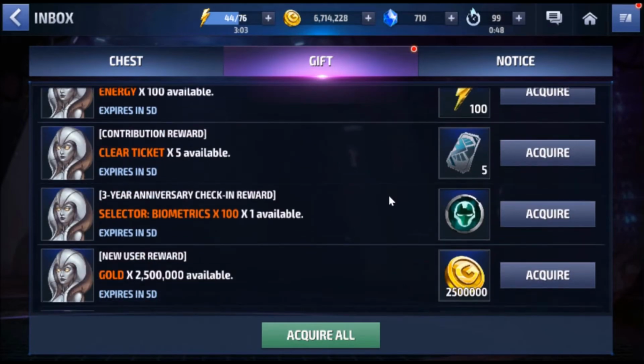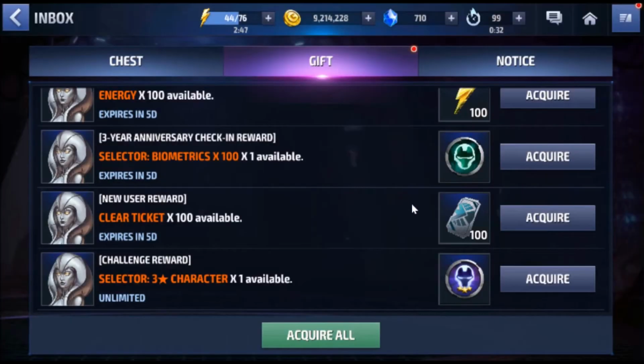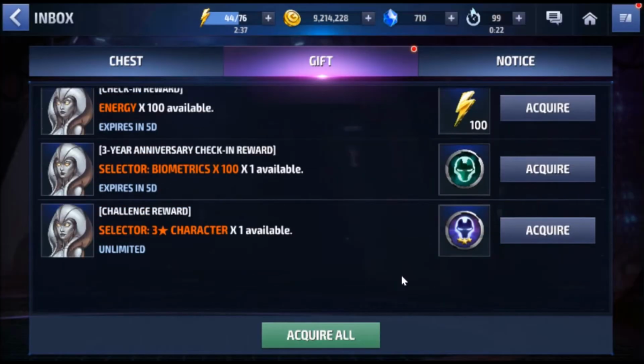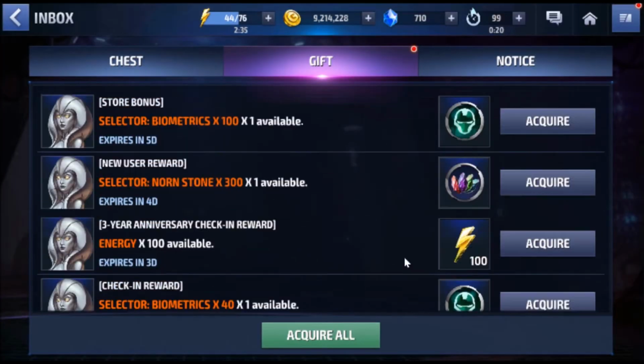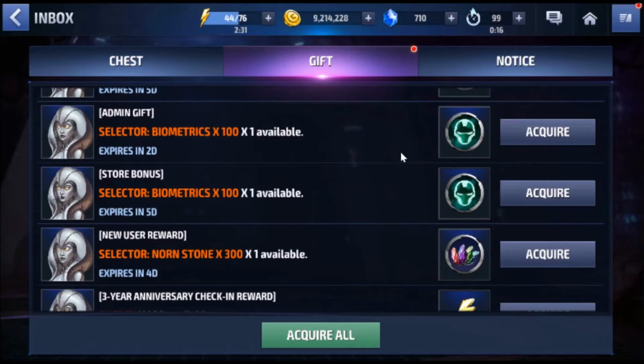Okay, and let me just claim this. Look at this. New user reward will give you 2.5 gold just by checking in. Look, this is very helpful to us. And not to mention that energy and gold is very scarce for new players as well. Okay, so let's just claim the rest of these rewards here. Alright, now that we are prepared, let me just show you the...